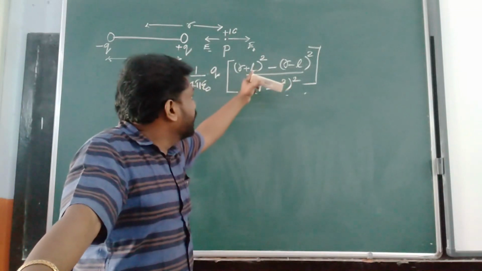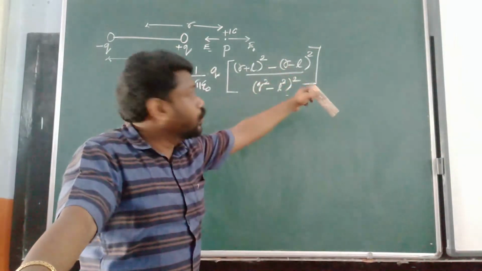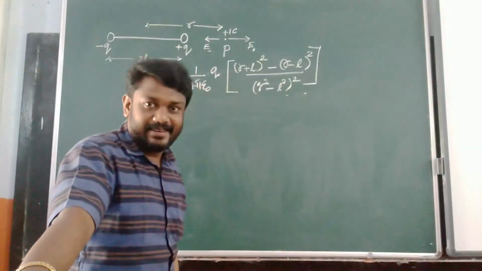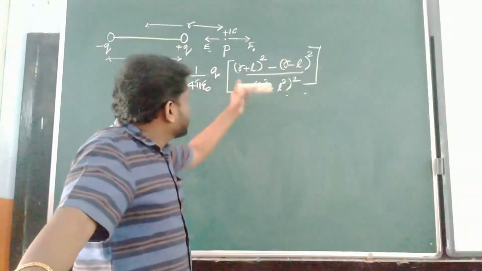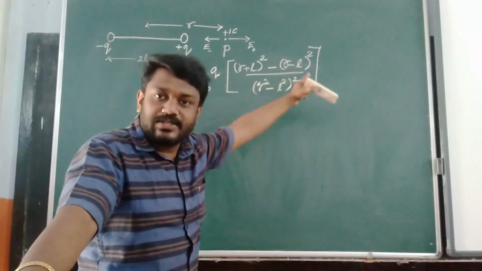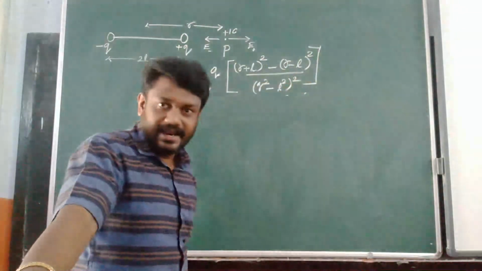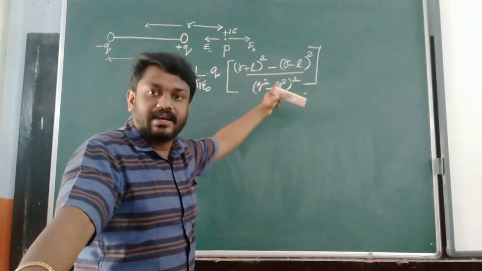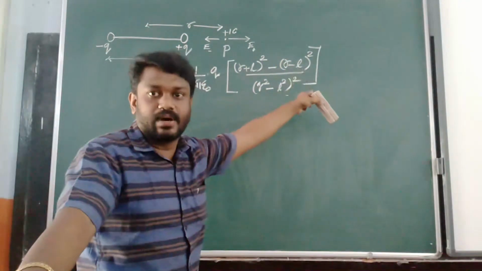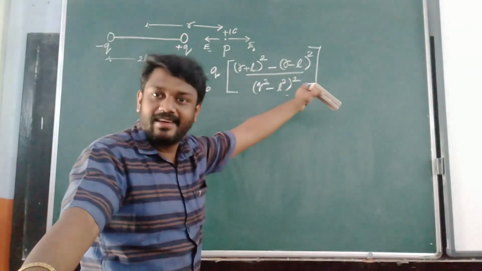In the first term it will be 2rl remaining there, minus of minus 2rl. So altogether that will become 4rl in the numerator. Is there any confusion? (a plus b) whole square will be a square plus b square plus 2ab. (a minus b) whole square will be a square plus b square minus 2ab. When you are subtracting, a square terms and b square terms are getting cancelled, and the plus 2ab term will remain there, minus of minus 2ab term will remain there. That means 2rl and 2rl terms will remain there, and altogether that will become 4rl in the numerator.